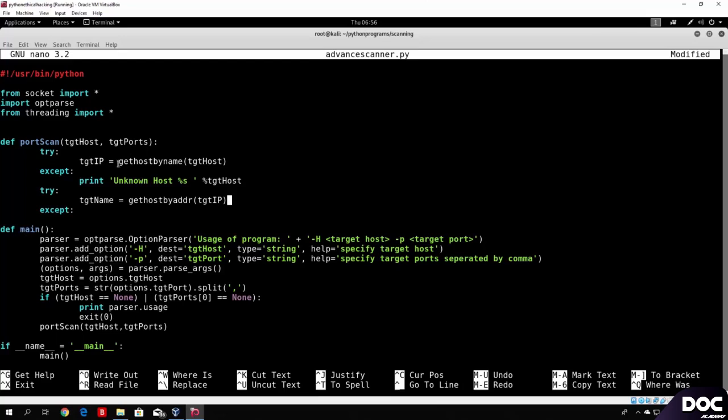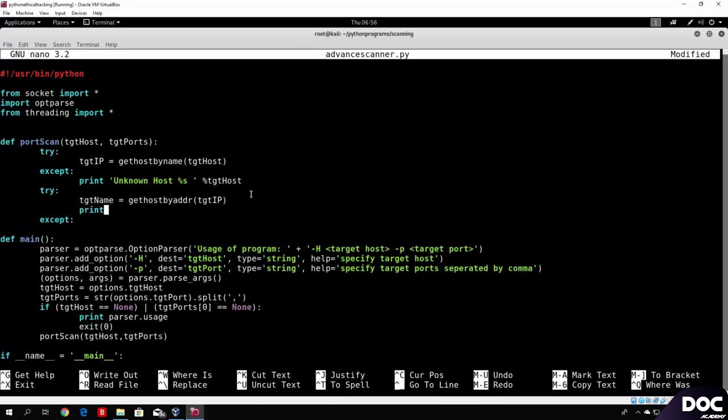This one gets the IP address from the host name, and this one gets the name from the address. So right now, once we actually type that, we want to print, and let's add a plus right here, and let's print scan results for, and then add the target IP. What this will do is print out scan results for that IP address, or no, we want to actually